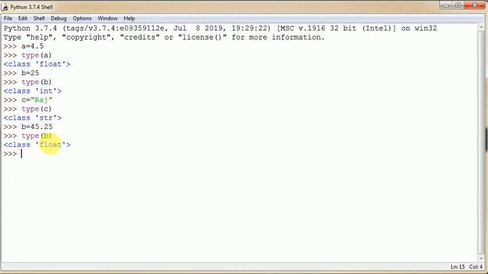After that, if you check the type, it is float, because currently this variable holds the 45.25 value. A variable can store a single value at a time.